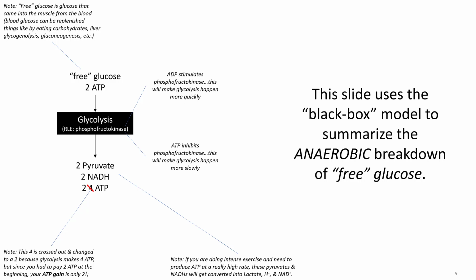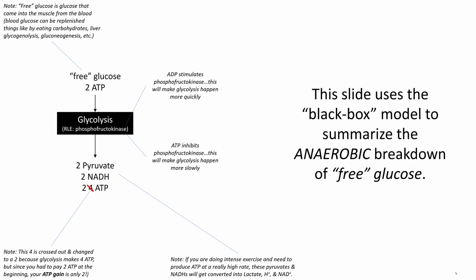So for the anaerobic breakdown of free glucose, we start with free glucose, and we have to pay 2 molecules of ATP to get the process started. These two things are what we consider our substrates. Our substrates go into our glycolysis box, and a bunch of stuff happens. You don't need to worry about what exactly that stuff is. But at the end of glycolysis, you end up gaining 2 molecules of pyruvate, 2 molecules of NADH, and 2